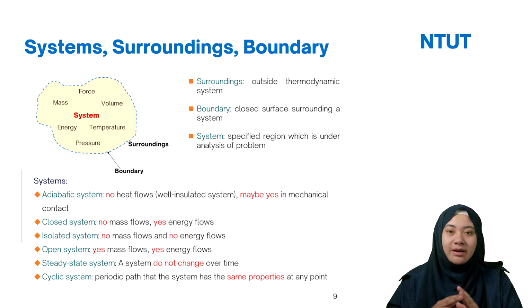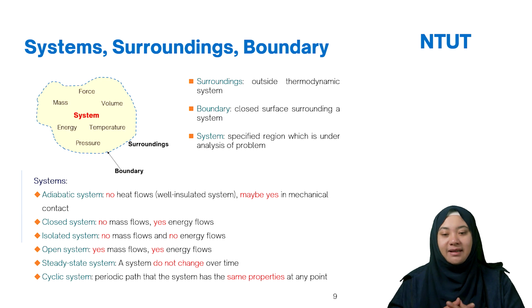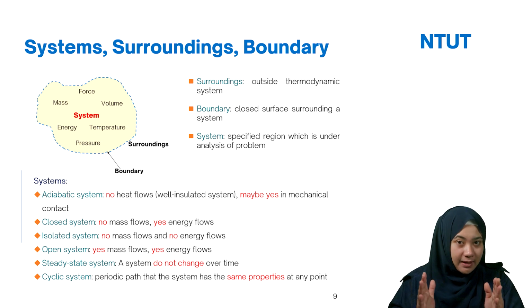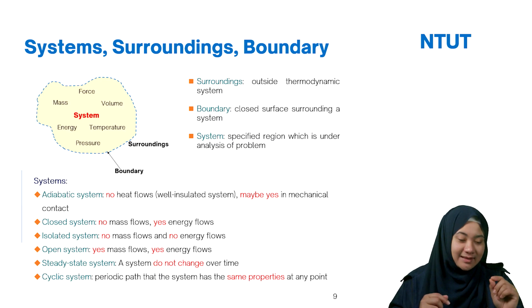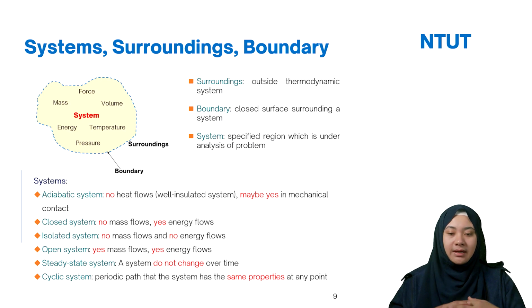And the other we call the steady state system. Steady state means that the system doesn't change with time. So they are stable, they don't change over time. This is what we call steady state. So later, when you see a thermodynamics problem, you should be able to identify that this system is steady state, this system is open, this system is closed. The system that doesn't change over time, we call steady.